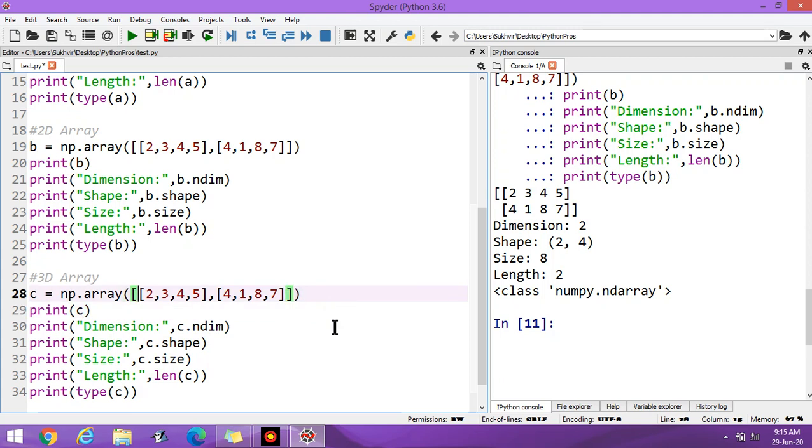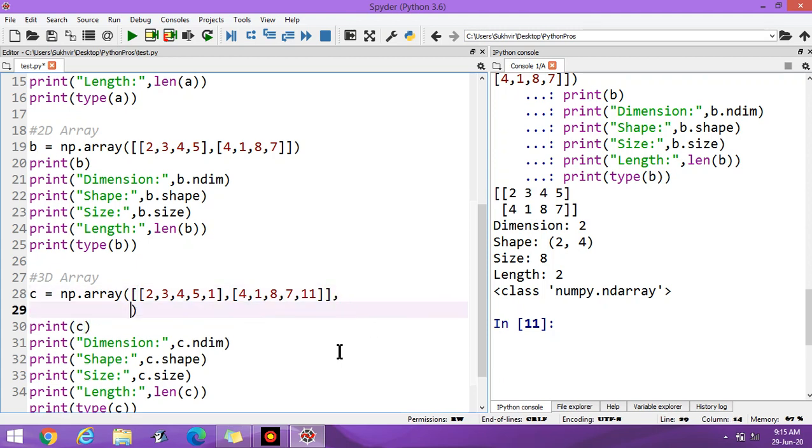You can perform similarly on Jupyter or other platforms. Suppose these are the elements. Copy this content, put comma here, then Control V, place these contents in square bracket again.